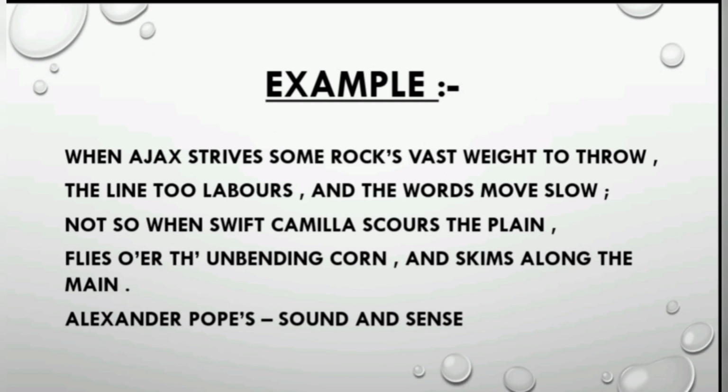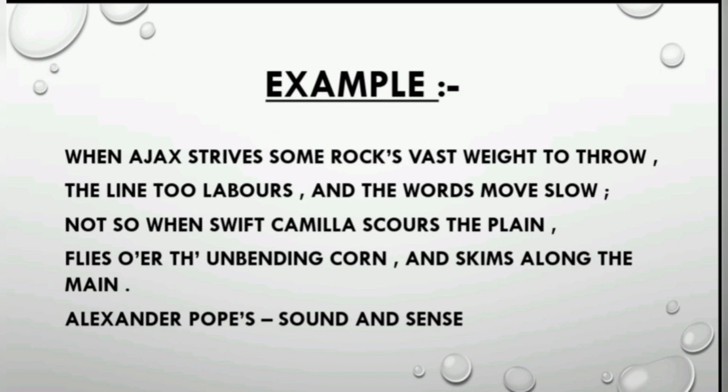Firstly, I would like to explain these lines and then we will discuss the onomatopoeia in them. The first line provides the reader with an allusion to Ajax, a mythical figure from Homer's Iliad. He is described in the story as an incredibly strong warrior, which is also a reference in the poem. So when he tries to throw a rock, the poetry needs to sound like it is laboring, doing hard work. A reader should be able to interpret the strain, the emphasis laid on the meter used in the poem.